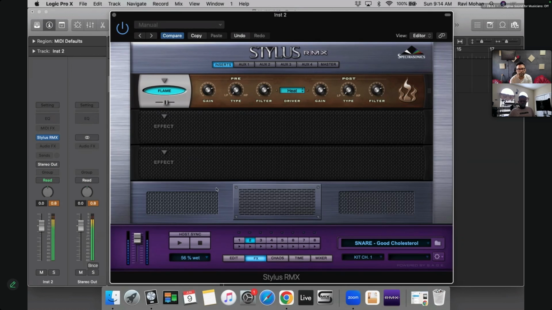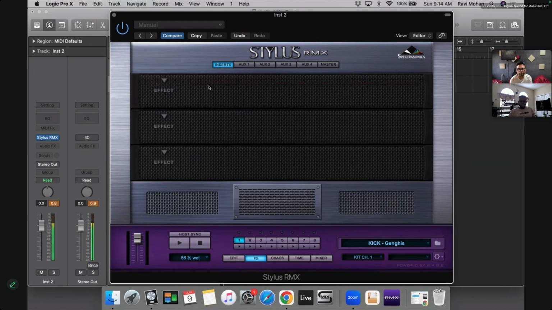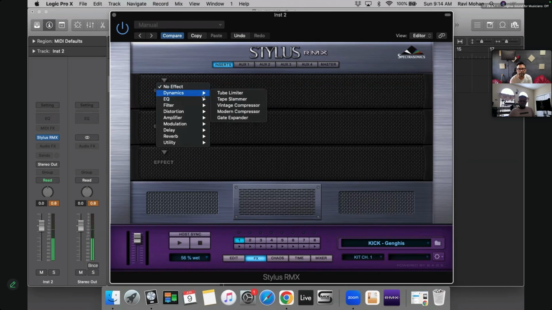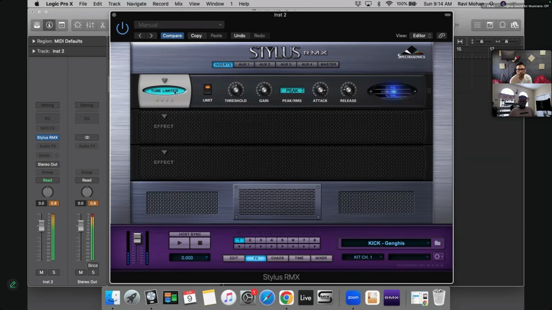So obviously you can do that, right? Now for the kick, let's say you want to have whatever effect maybe. That could be any effect, right? So you can build like this.